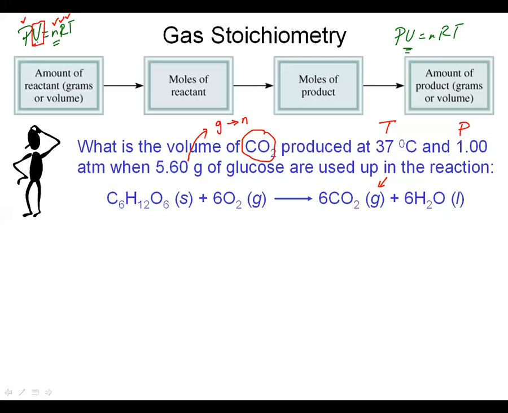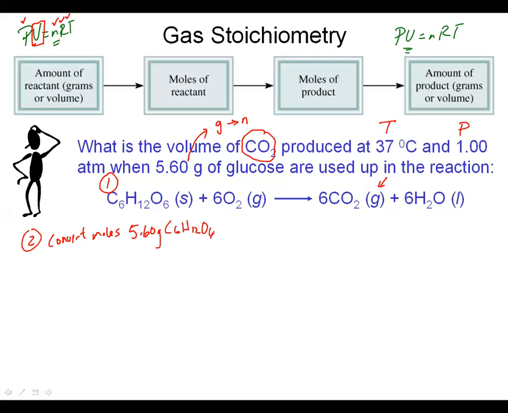The problem though is obviously the grams that we're given in this case are not really the moles of the CO2. And that's really where the stoichiometry would come into play here. We need to actually get to moles of CO2. So the first couple of steps here is going to be like normal. We're going to want to start with a balanced equation, which we do have. We want to take whatever they gave us and convert to moles. And really here, again, we're given 5.6 grams of glucose, which is our